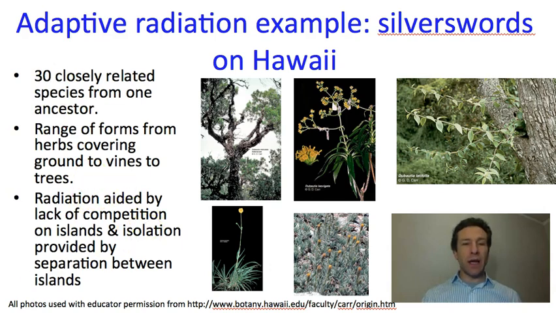Why did radiation happen here? Well, this is similar to the mountain peaks. Remember that Hawaii is a series of islands. There's many of them, but there's a few larger ones. And so each time a plant population can disperse from one island, let's say here,